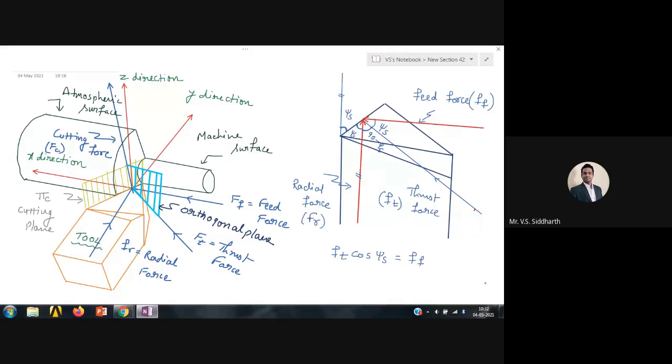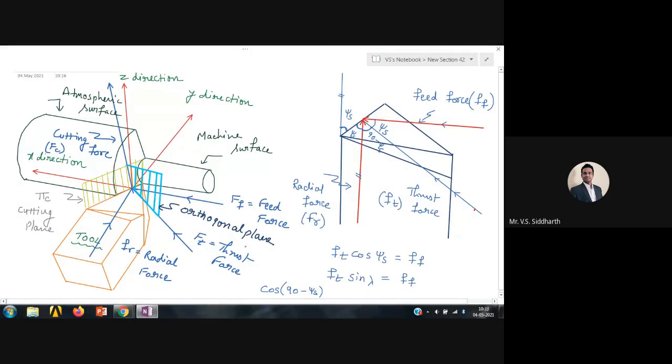This is the thrust force, right? This is the feed force. This is the angle. The same I can write as Ft sine lambda equal to Ff. Why? Because cos 90 minus psi s equal to